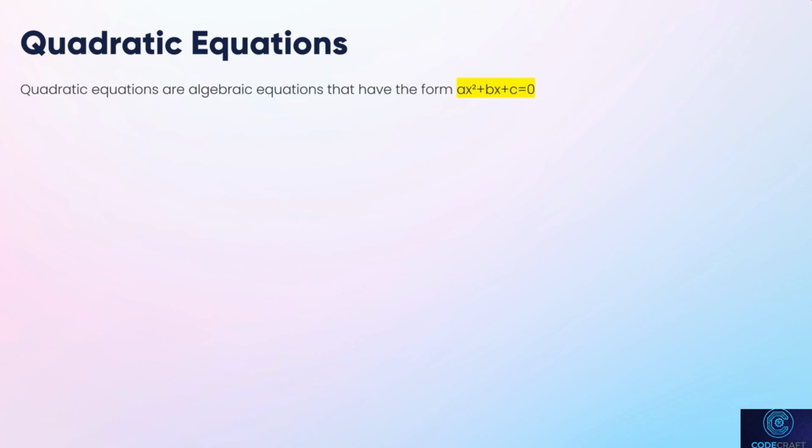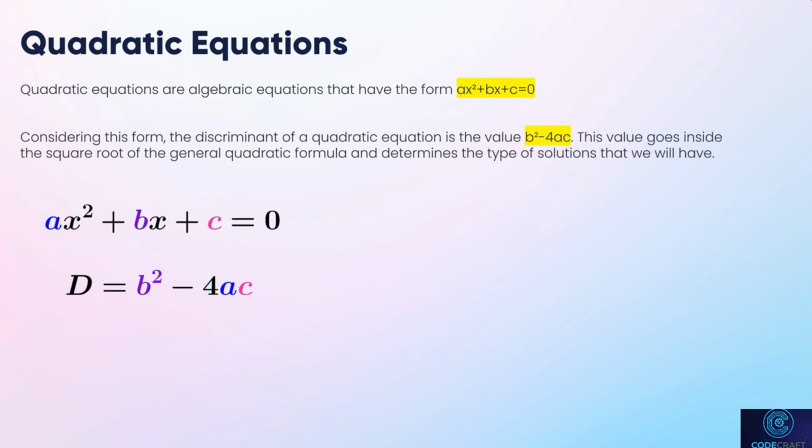Quadratic equations are algebraic equations that have the form ax squared plus bx plus c equal to 0. Considering this form, the discriminant of a quadratic equation is the value b squared minus 4ac. This value goes inside the square root of the general quadratic formula and determines the type of the solutions that